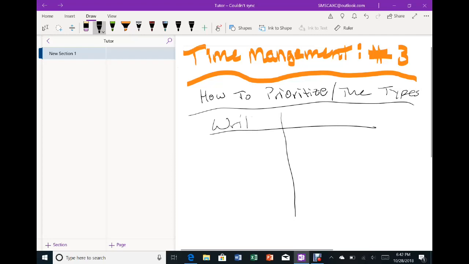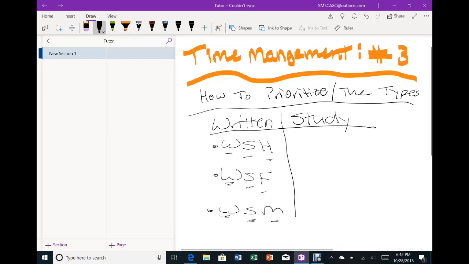Written, study. Alright, so this is going to be worksheet. I'm going to abbreviate for history. So just to show you guys my shorthand, this means work, this means sheet, this means history. Worksheet French. Worksheet math. Alright, there you go. So those would be some examples of that, like a worksheet for history, worksheet for French, science, English, math, just whatever, like stuff that you're writing for and you're not having to really retain or recall